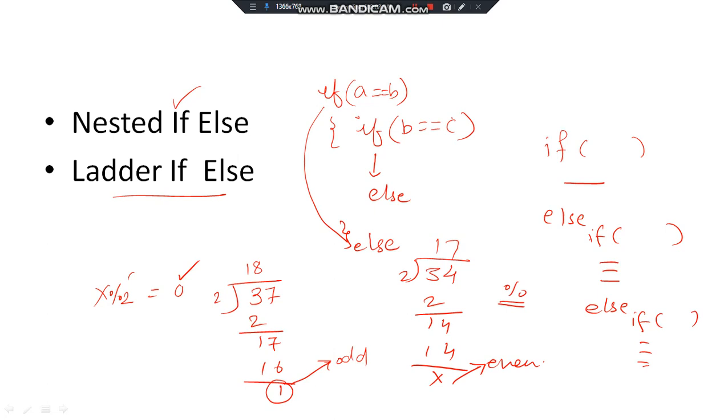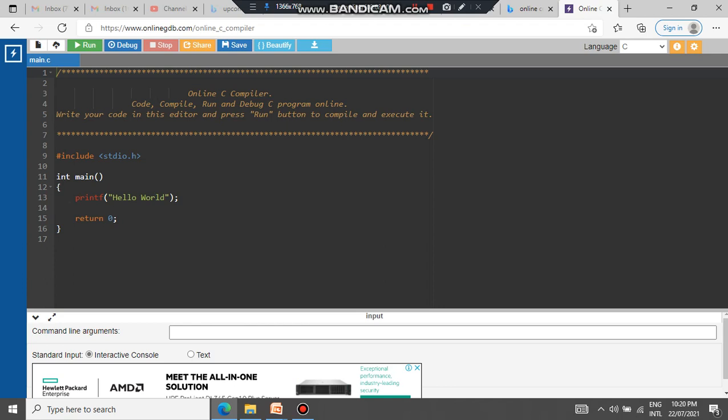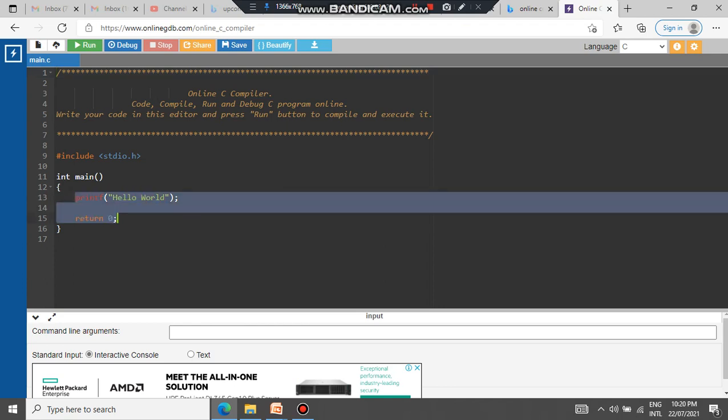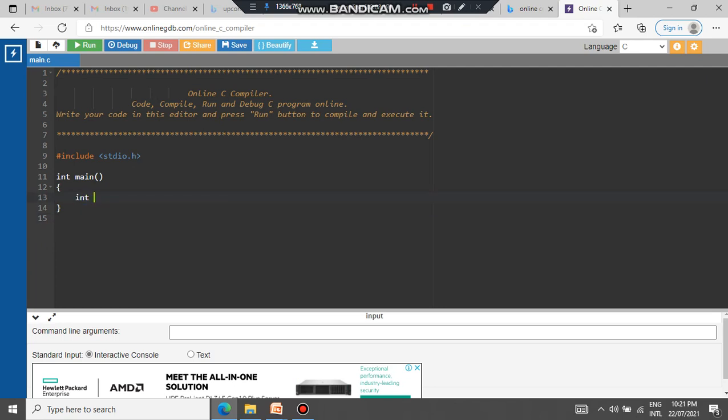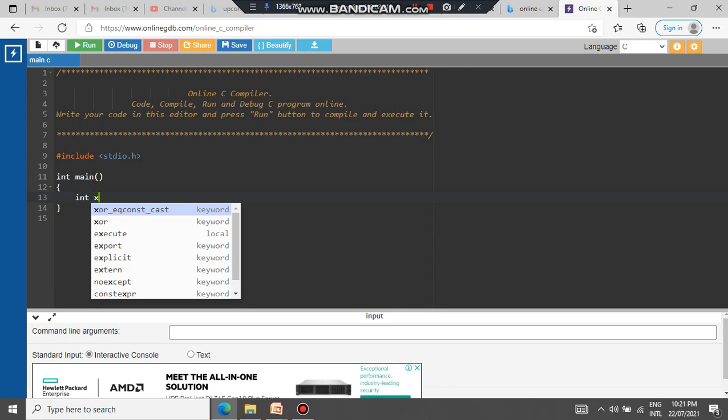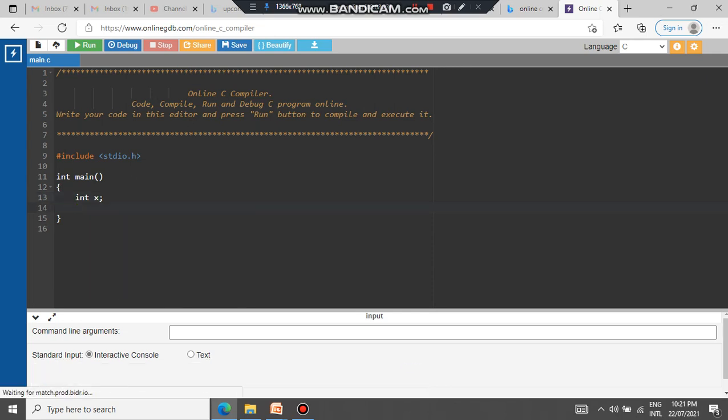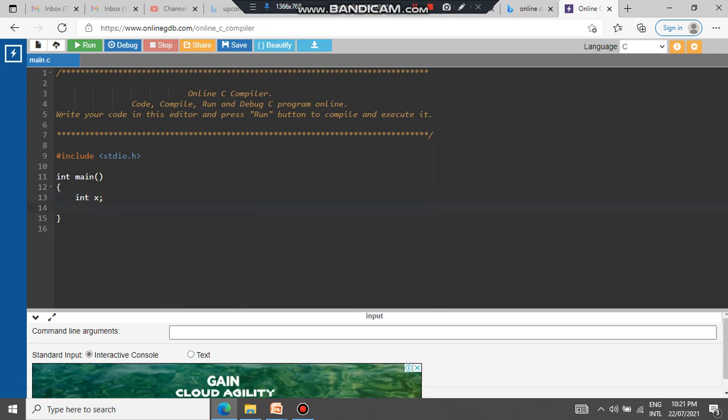So let us go back to our programming area and try to understand the implementation of this. I have to read one number first. So, declaration first of all, as discussed in the last lecture: int, let us say x, and a semicolon at the end. Now we have to read the value of x from the user.